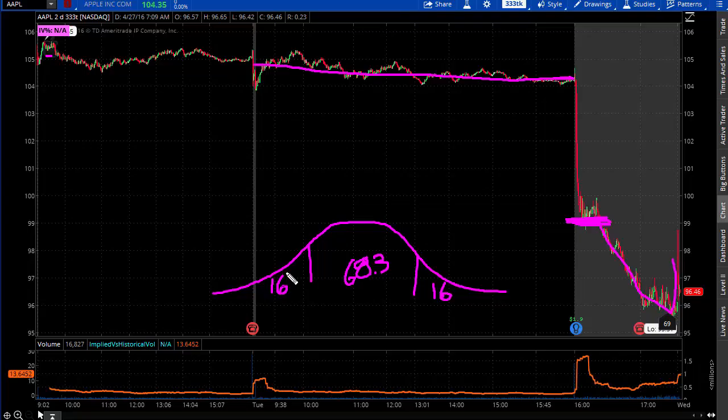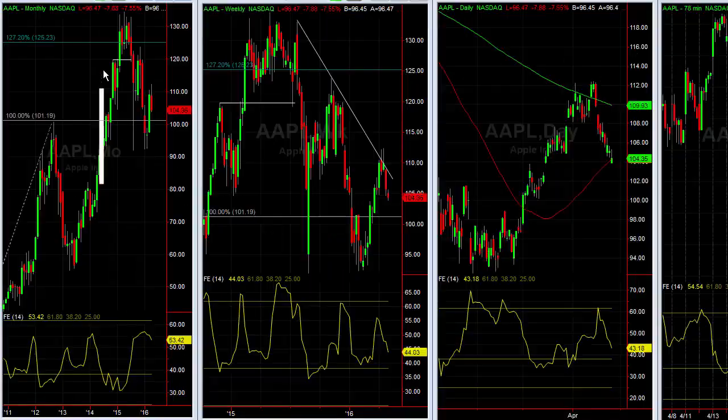So let's zoom out and see what the big picture looks like on Apple. All right, here's the full Apple series. We can see the monthly, weekly, daily charts and a little bit of the 78-minute chart on the right side. We can see that as we look at